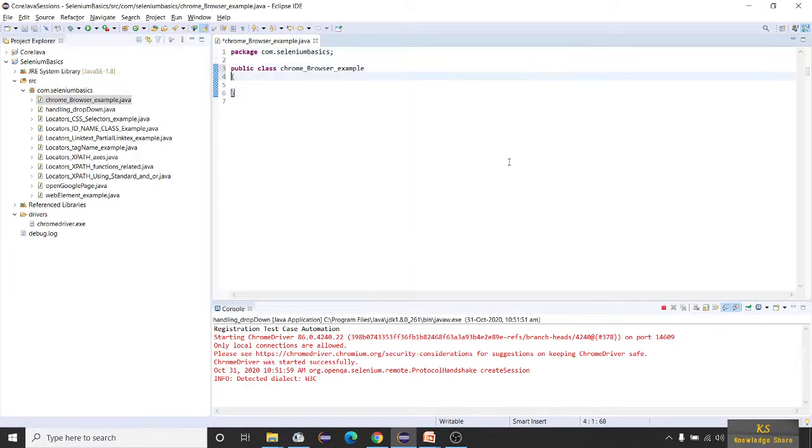Now let's simply work with the Google page. That's it. We are not going to write any big code here. public static void main(String[] args).